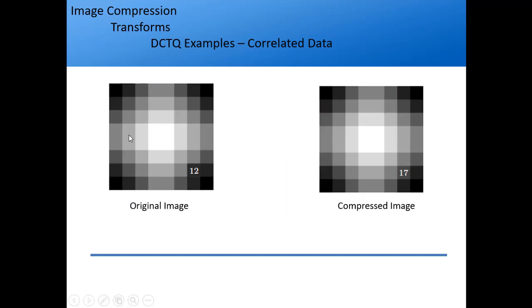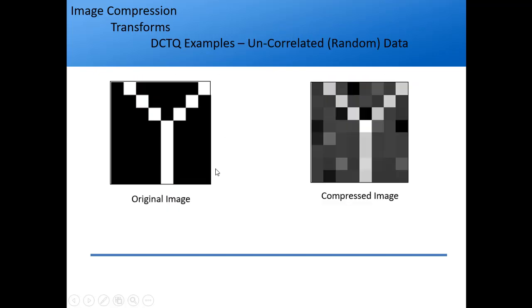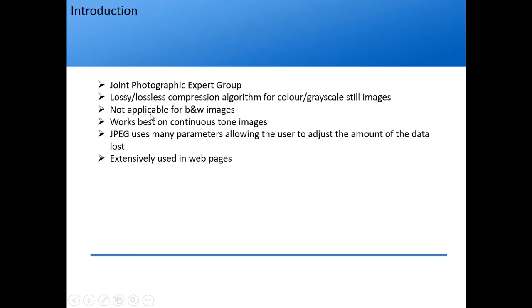This is an example of continuous tone images where the color doesn't change drastically, it changes very slowly. So that is what happens in a grayscale image also, right? And this is what a black and white image is, either you have black or you have 0. So this was a discrete tone image. This is not good for DCT, and since it is not good for DCT, it is not good for JPEG also. Why? Because JPEG again uses DCT only. So that we'll see in the further slides.